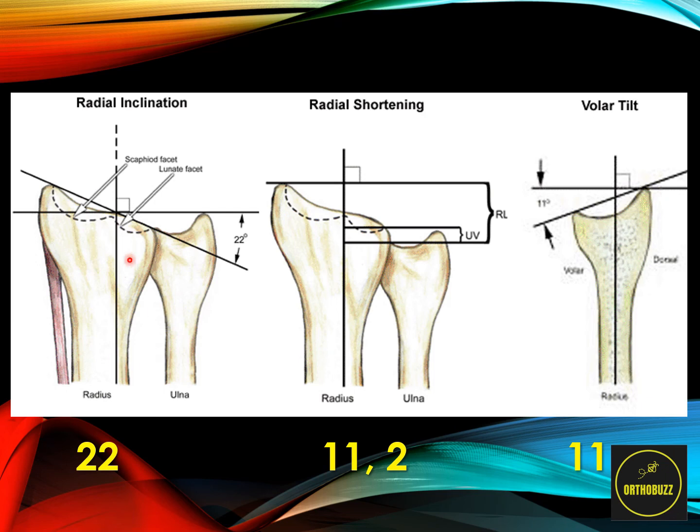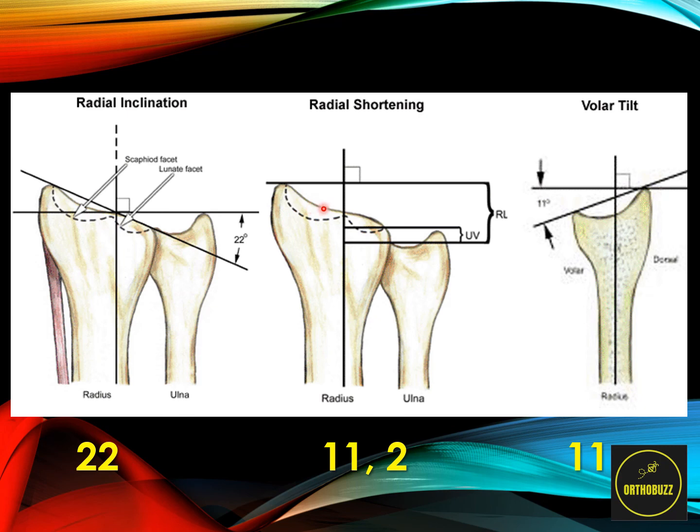We look at radial inclination. This is the degrees from the horizontal to a line that skirts the radial styloid process, which should be 22 degrees. We then look at radial shortening as well. The distance from that horizontal line, as we mentioned before, to the tip of the radial styloid should be 11